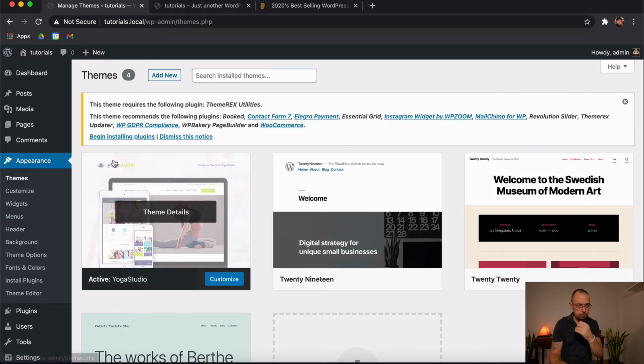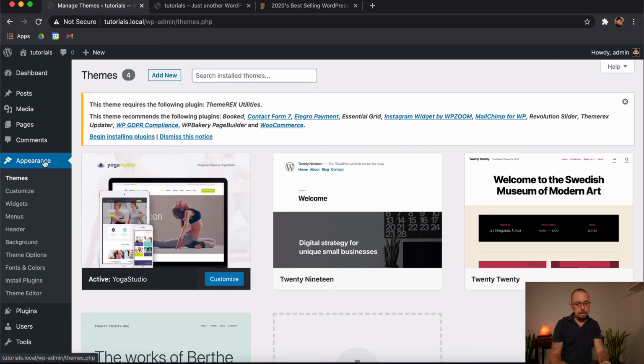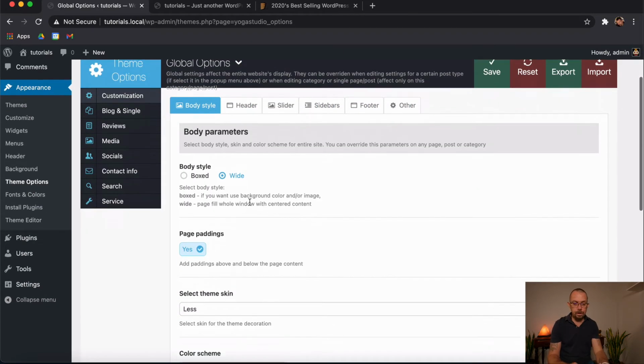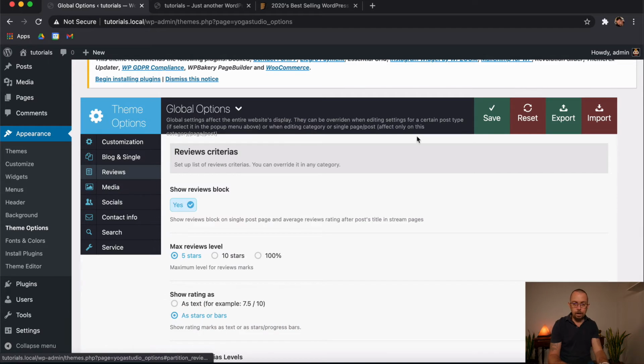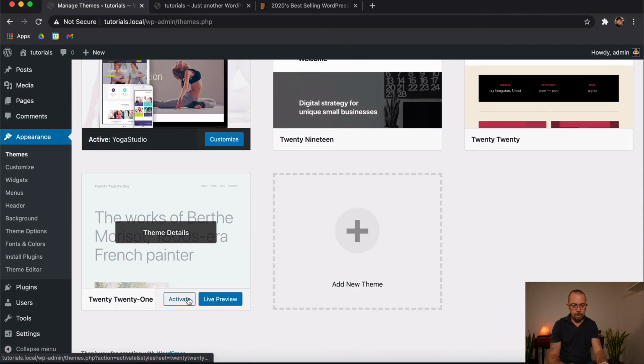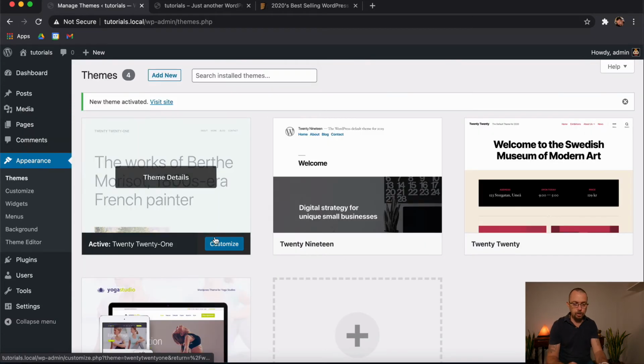Let me just come back to themes. You'll also now notice that inside of the appearance, you actually have more things like header, background, theme options, fonts, colors. This varies depending on what theme you have. Some themes will give you more of this. Some themes you might only have theme options where you can manage it. This for example is the theme options for this. You can add certain stuff, you can come in, check things, yes, no, and it's a way of managing your theme. I'm going to come back to themes, and I'm actually going to make this one active again. So I'm just going to click active on the 2021.